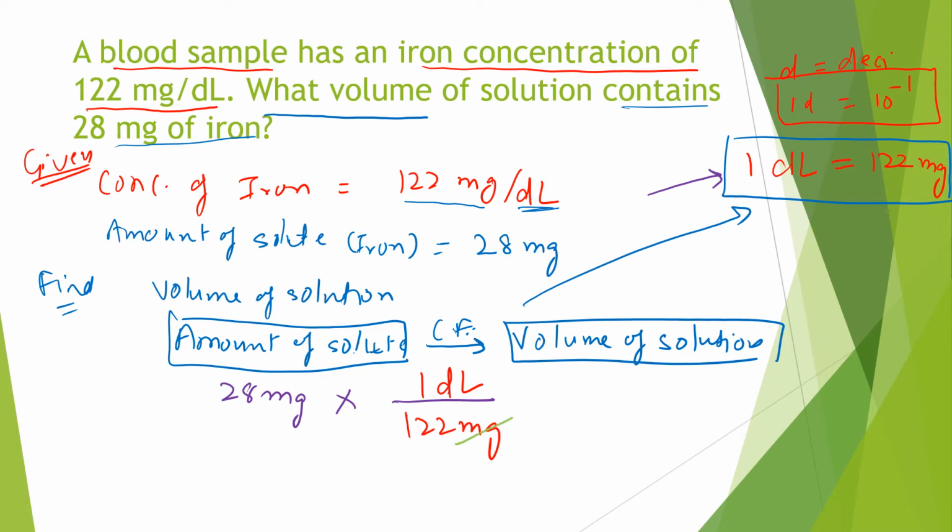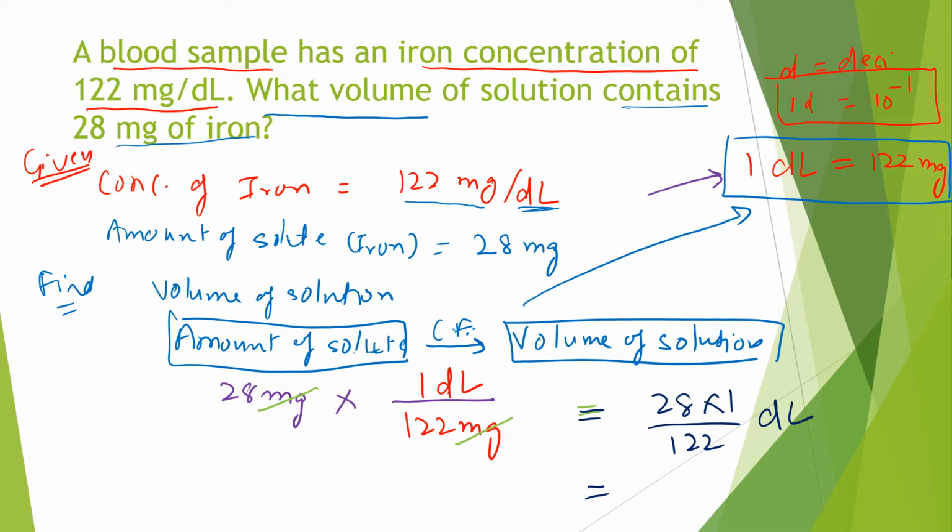So milligram will cancel with milligrams, and if we solve this problem, it will be 28 times 1 divided by 122 deciliters, or let me use my calculator,